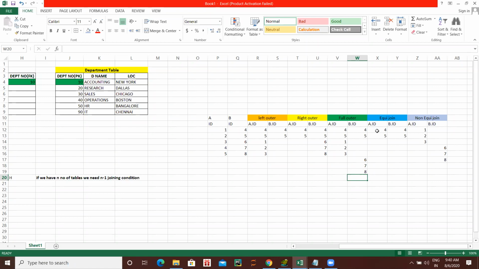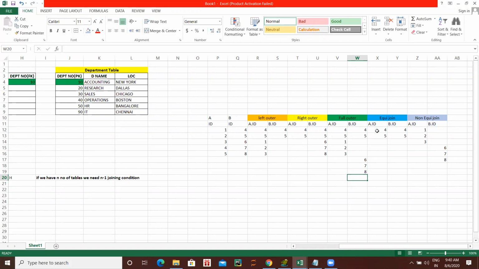Now, for left outer join, where left side and right side match, it will give, and the left side which is extra, it will give. Same thing, right outer join means which is equal, it will give. Apart from that, which is right side extra, it will give. Now, full outer join is a combination of left and right outer join, but the corresponding field will be blank.